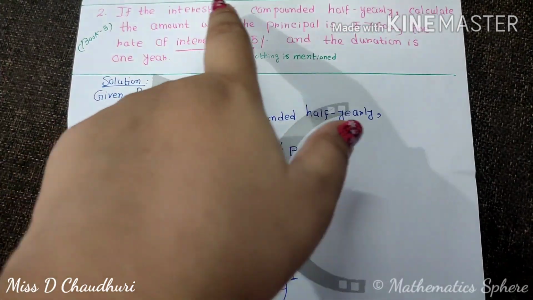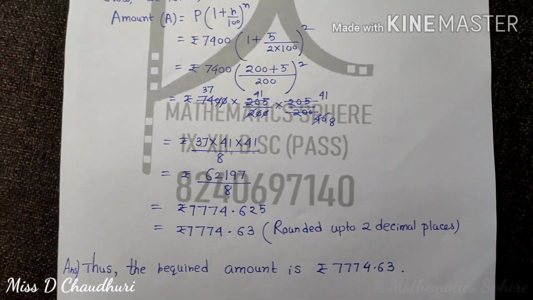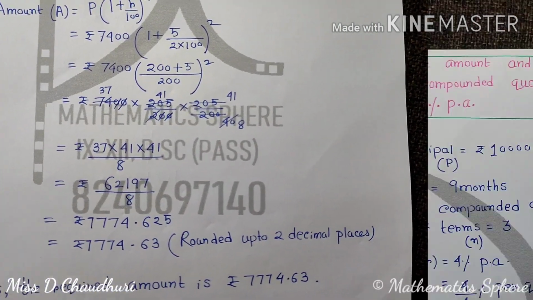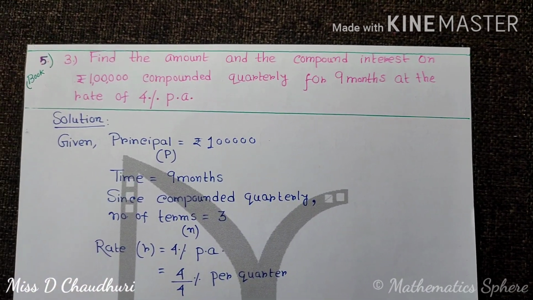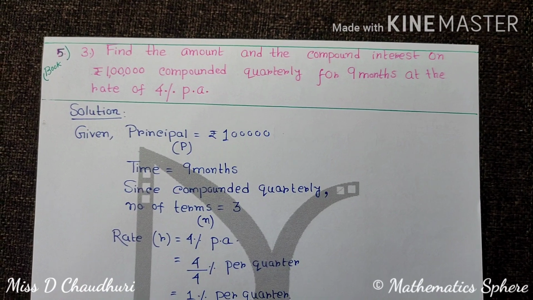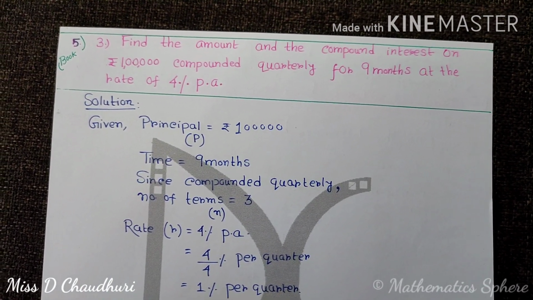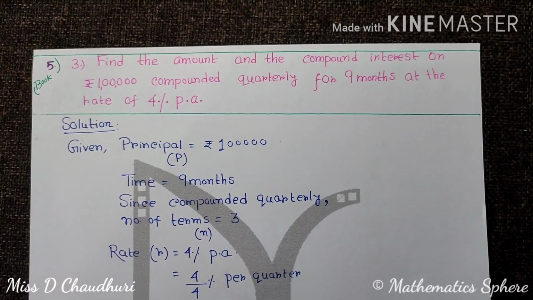So this is it, and here they have already told you to find the amount, so I have only found the amount, no need of finding the CI. I hope you have got this question also. Very interesting question. Actually, these are all the direct questions where different parameters are given. In the first question we saw it was given annually, in the next question we saw that it was given semi-annually, and here you see that it is given quarterly.